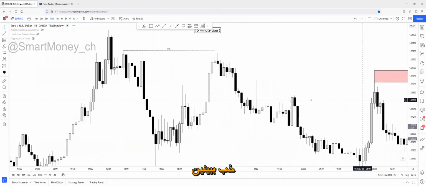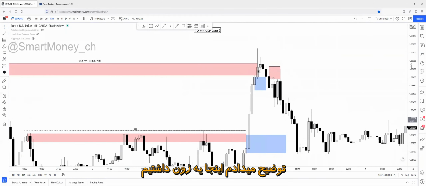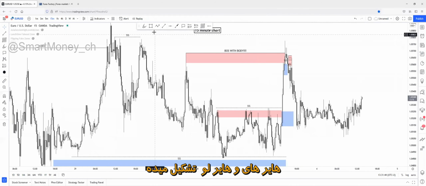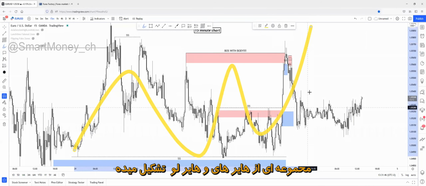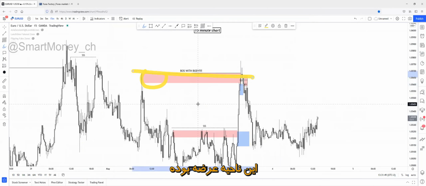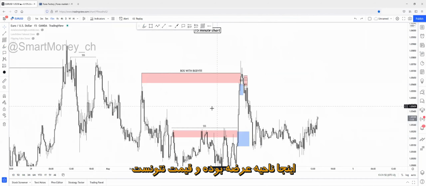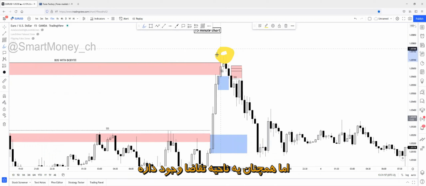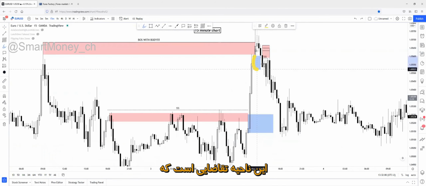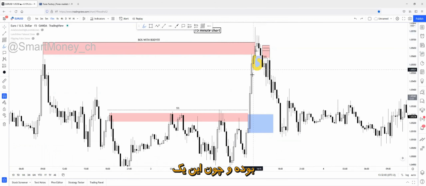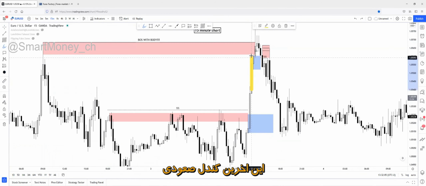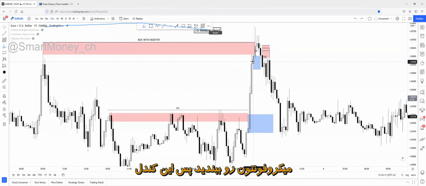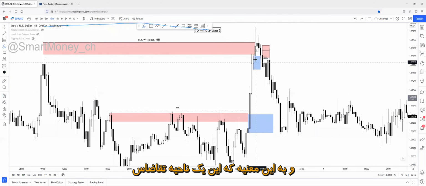So see, here's the same scenario that I was explaining right now. Here was a zone. As you can see, the main trend is bullish because price is creating a series of higher highs, higher lows. Here was a supply zone, and this supply zone has not been broken with body. As you can see, this supply zone has been only wicked above, but there was still a demand zone that has caused the last push to the upside, because this is an inside bar. Here was the last upside candle, inside bar. This candle is inside of the previous candle, meaning this is a demand zone.